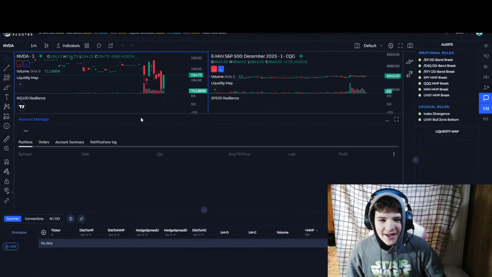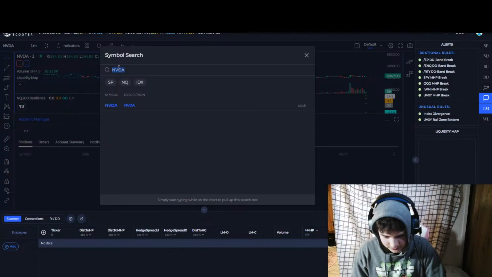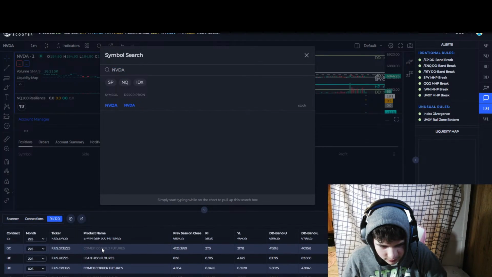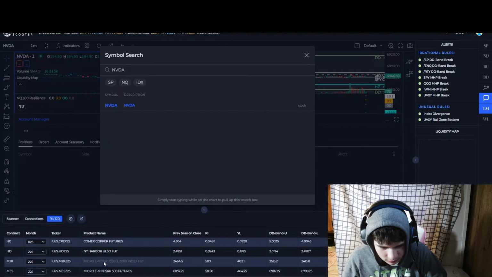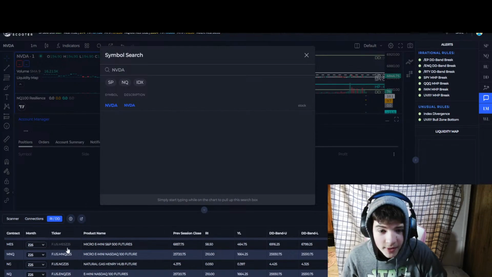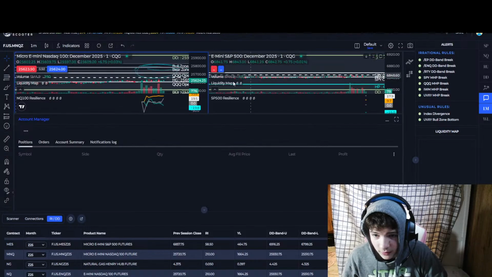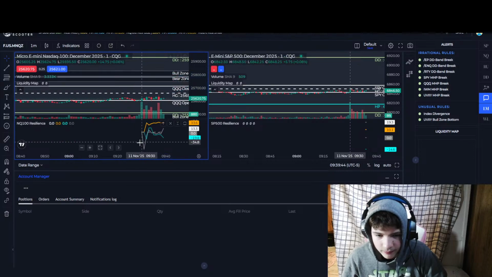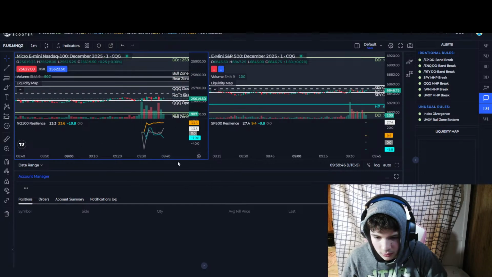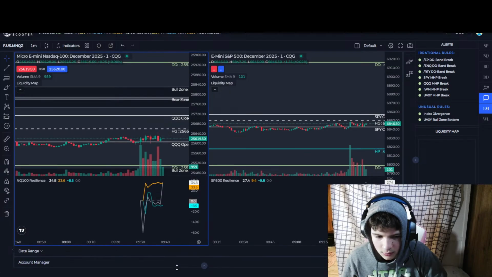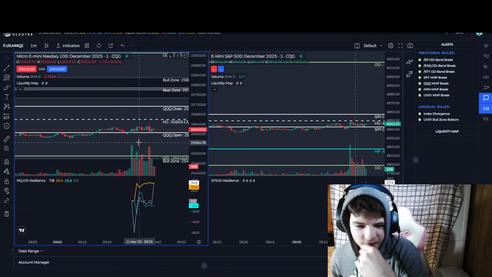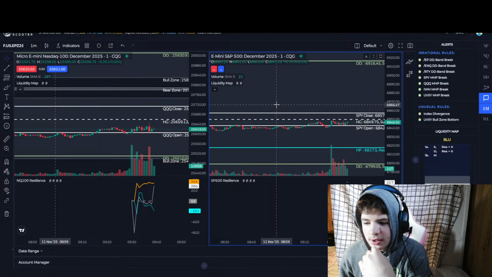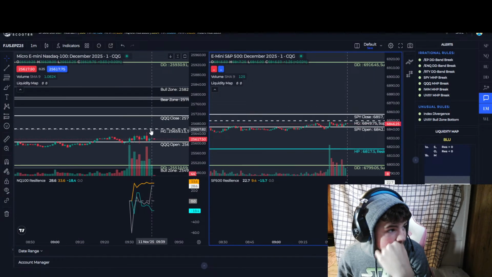Bro, this stuff is kind of okay, bro. Not used to this thing. I thought this would be simple. For some reason, mini, the mini of, okay, hold on. There we go. Oh, no, I can't get E mini for some reason on NQ. It just says it doesn't work.